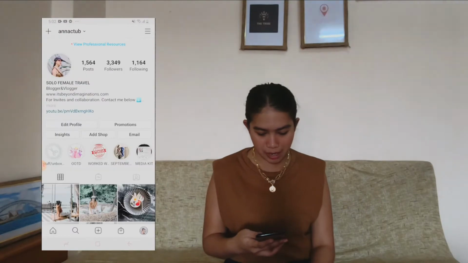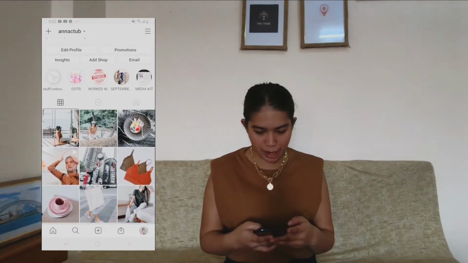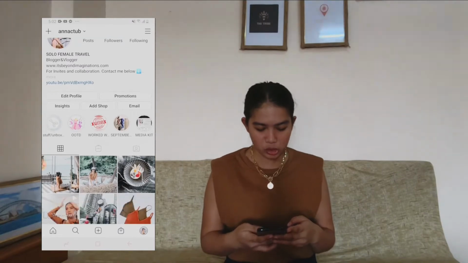So before guys, meron akong how I edit my Instagram pictures way back 2 years ago I think. And ngayon this is the updated one. So yeah, I'm actually going to show you how I edit my Instagram photos. Okay guys, I'll put my Instagram feed here or here kung saan yung mas malaking bakanteng space. So, I actually have, this is actually my Instagram. So, it's an active. So, ayun guys,